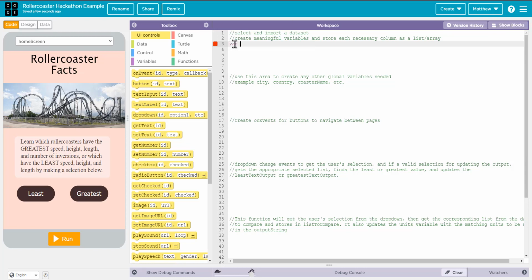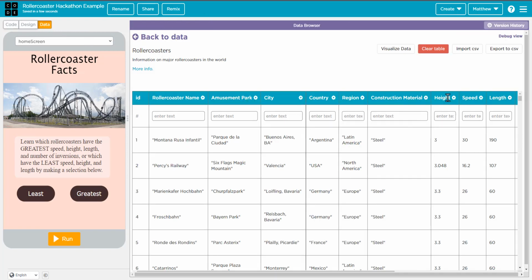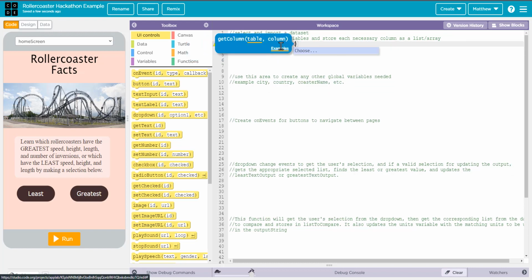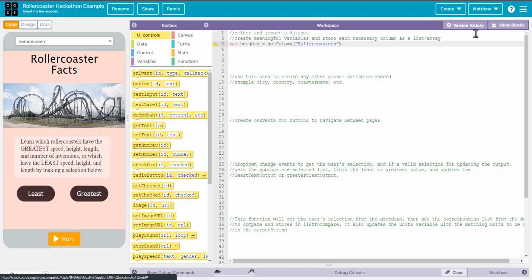I don't like to program with the blocks, so I like to type stuff out more. So we're going to define a variable, var, and one of the sets of data that I want to get from here was height, speed, and length. So let's do heights. I like to use plural for things that are lists, because we know that means there's more than one in there. Var heights equal to, and we want to use get column. And this is actually one, now that I think about it, that it's better to do with blocks. Anyway, roller coasters is the data set, comma,